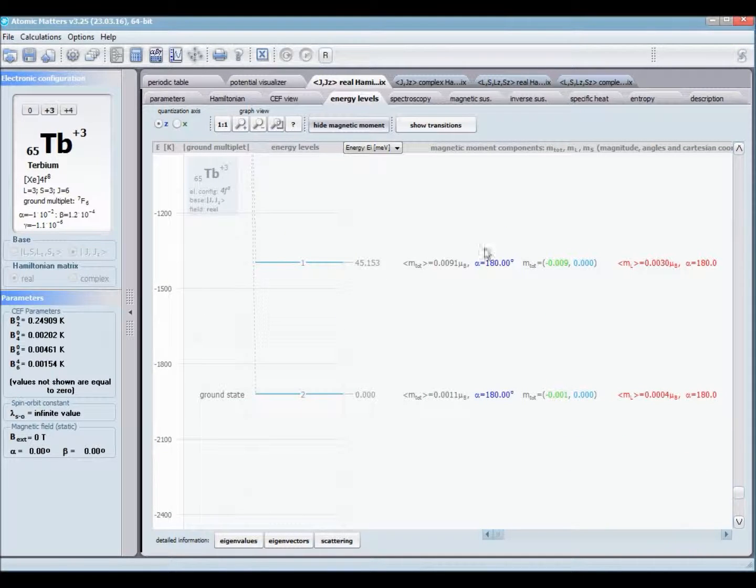Here you can see many tools for easy visualization of the energy level scheme, and